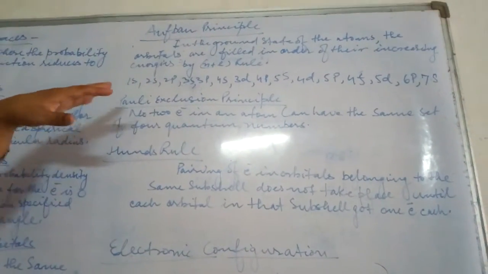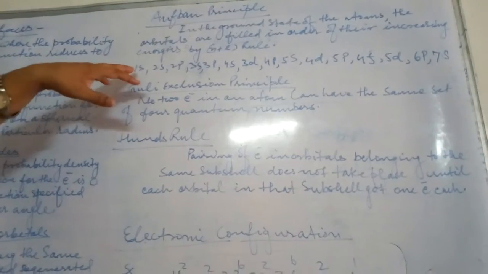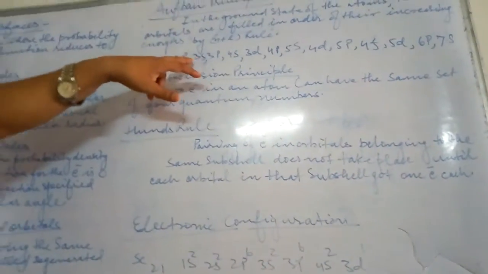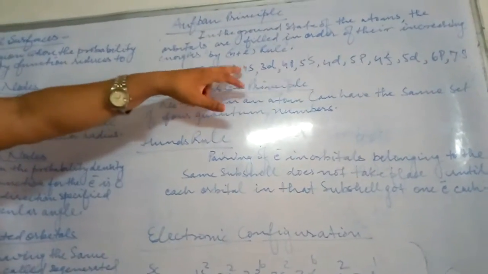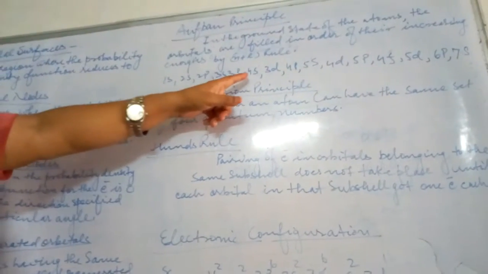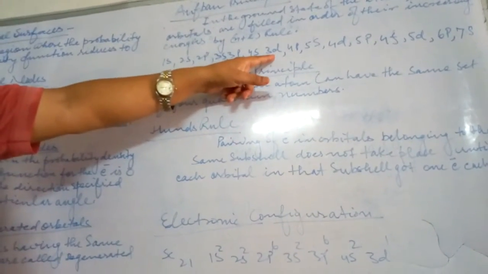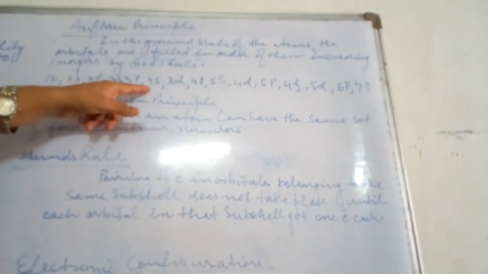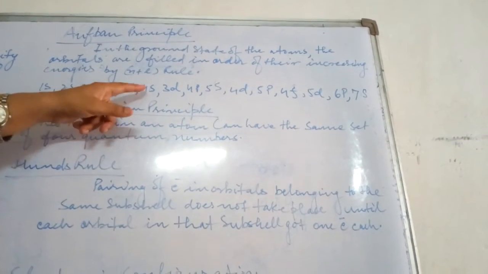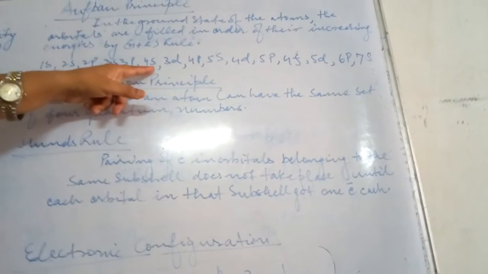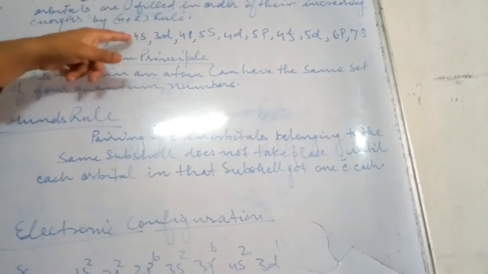So in this way we have to put the electron first in 1s, then 2s, then 2p, then 3s, then 3p, then 4s, then 3d. Now children, you see here, why does the 3d orbital have more energy than the 4s? Apply the n plus l rule. n for 4s is how much? 4, and the value of l for the s subshell is 0. So 4 plus 0 gives 4.